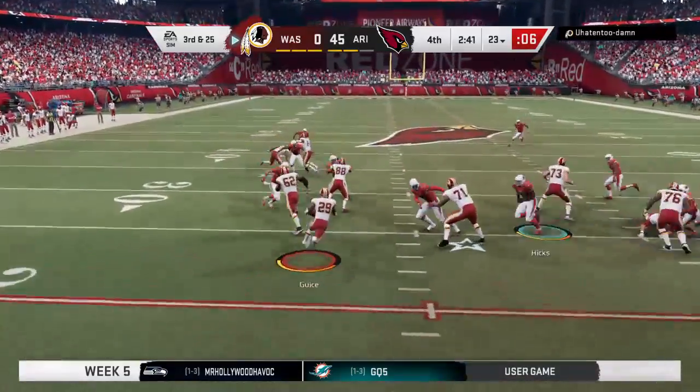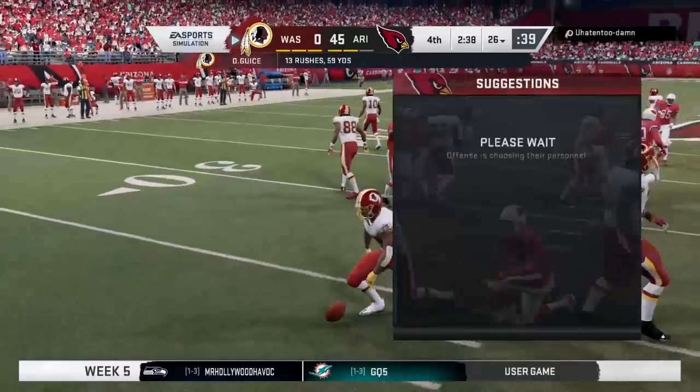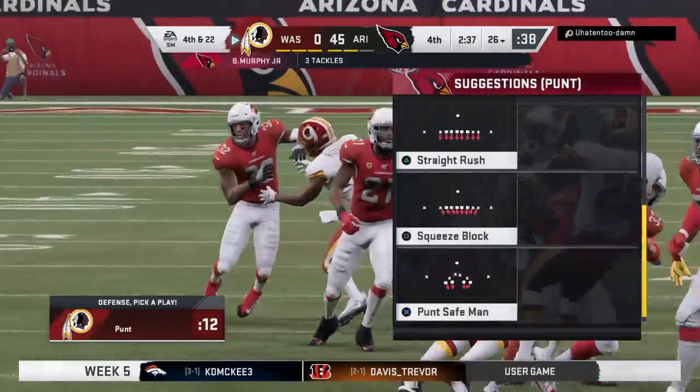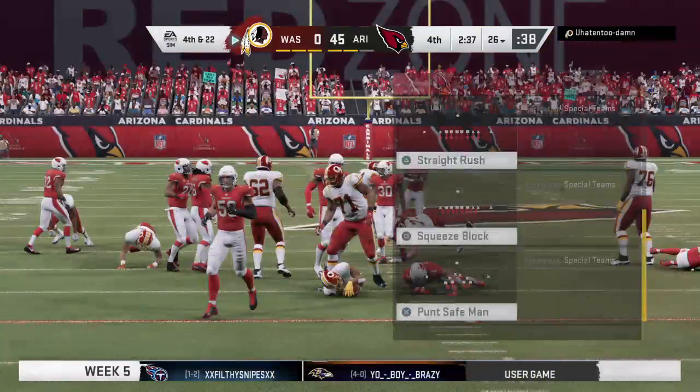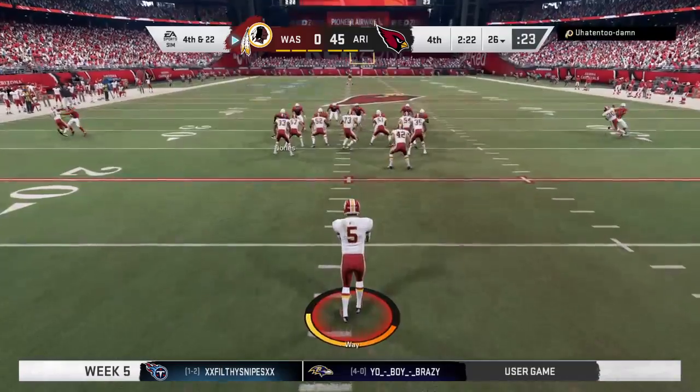They stay on the ground. Geis again. Call it a gain of 4, and it'll bring up 4th down. We often talk of situational football. Let's just call it team football. The defense did their job, got off the field, brought the punting situation, so they're turning the ball back over